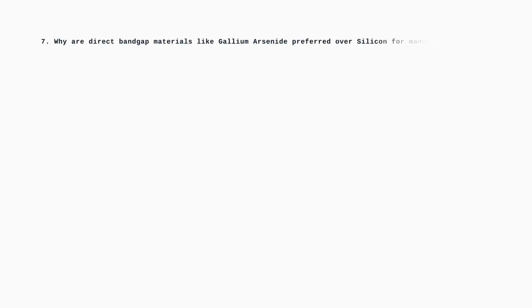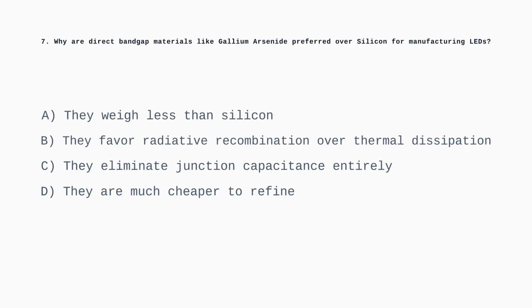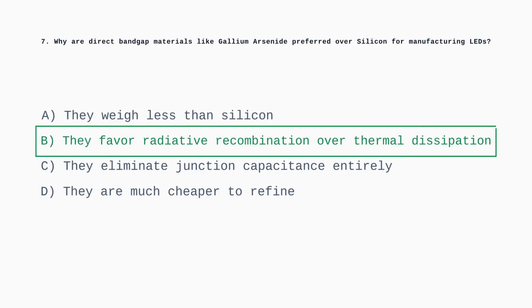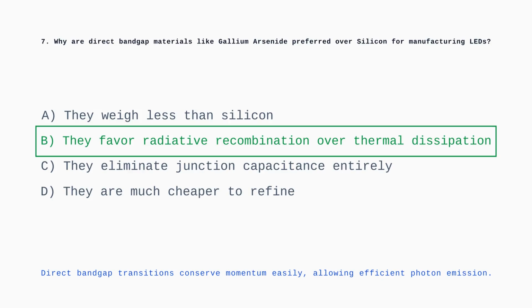Question 7. Why are direct bandgap materials like gallium arsenide preferred over silicon for manufacturing LEDs? Direct bandgap semiconductors allow electrons and holes to recombine without needing a momentum shift, yielding high-efficiency photon emission instead of